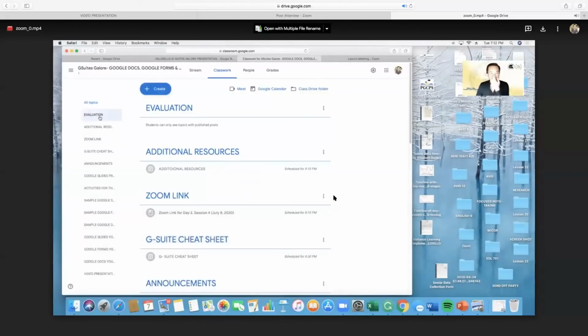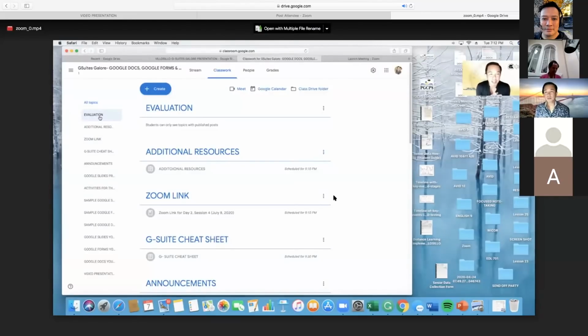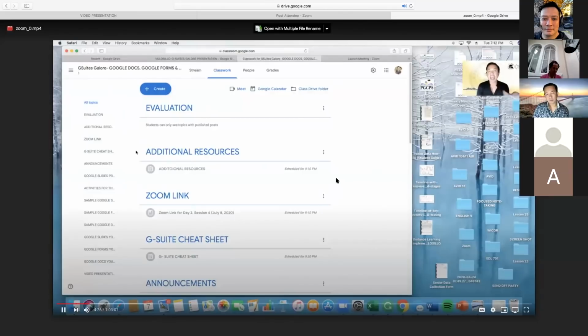Okay, so I'm sure that the other speakers have talked to you about the Google Classroom. So this is just additional information for you guys as to how you can organize your Google Classroom. And I'm just explaining how you can navigate all the information that I'm talking to you about in the Google Classroom right here. Again, you have access to all the information and materials that I'm talking to you about today. Everything is here in Google Classroom.